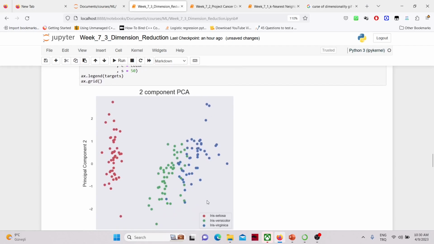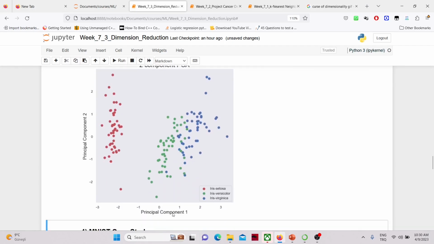You see, instead of sepal length, sepal width, petal length, petal width, we have new variables: principal component 1 and principal component 2. We don't know the definitions of these. These are newly created components from our four independent variables. So we reduced the dimensions of our dataset from 4 to 2, and if we plot them,